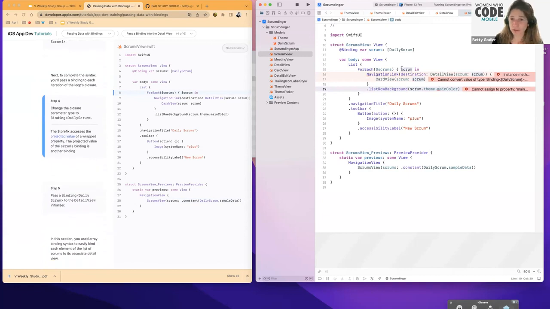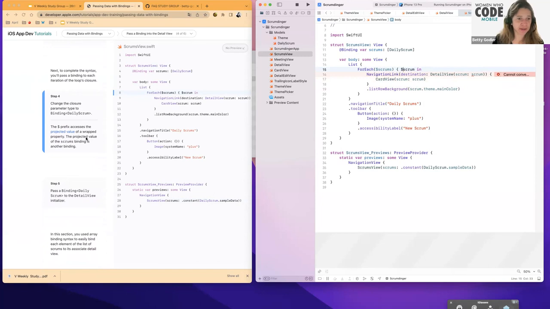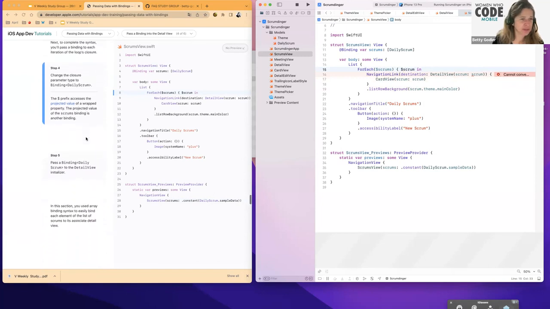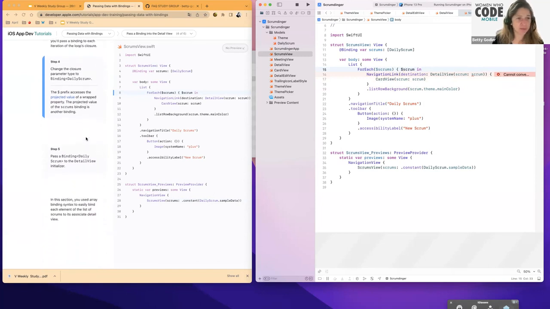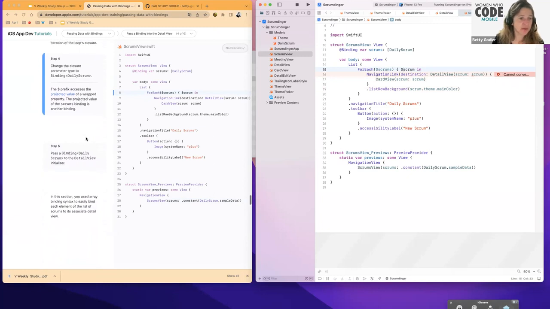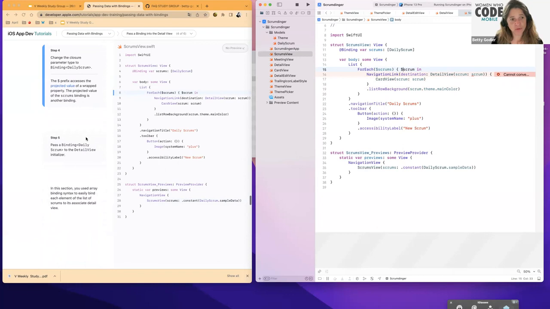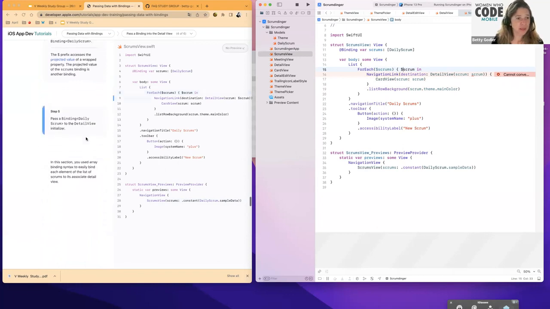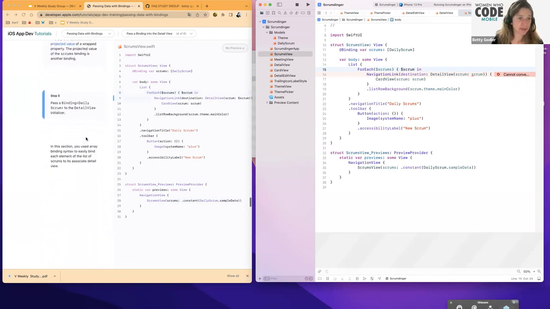So here, the dollar sign and scrums, not obvious, and one is missing. Change the closure parameter type to Binding daily scrum. The dollar prefix accesses the projected value of a property wrapper, and one is missing. Yes, pass a Binding daily scrum to the detail view initializer. So here,